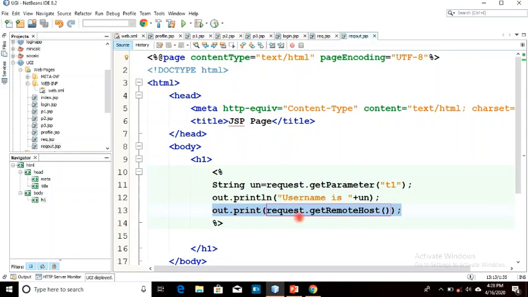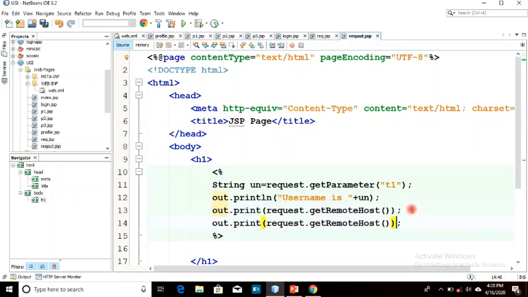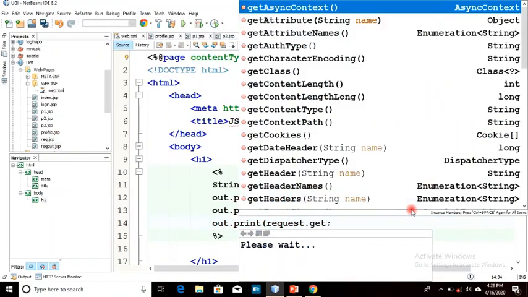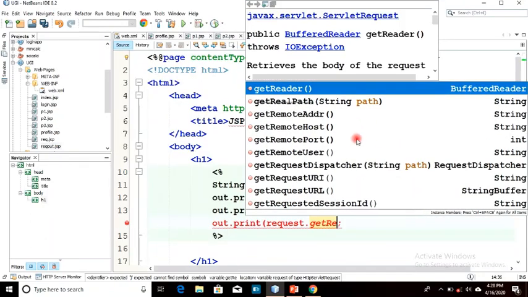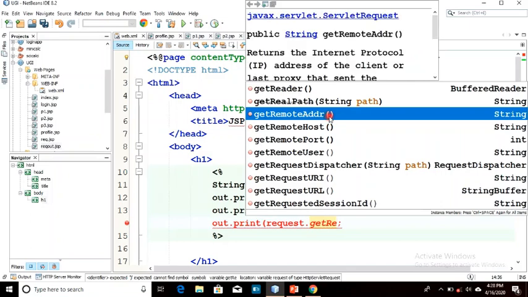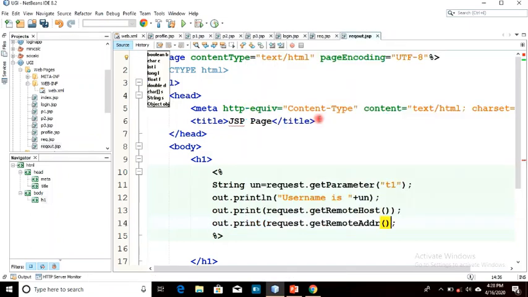Next we have some more methods also. I'll tell you. You can also get the remote address also. You can also have a remote address.